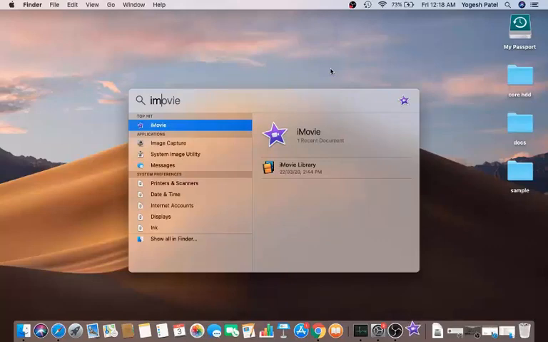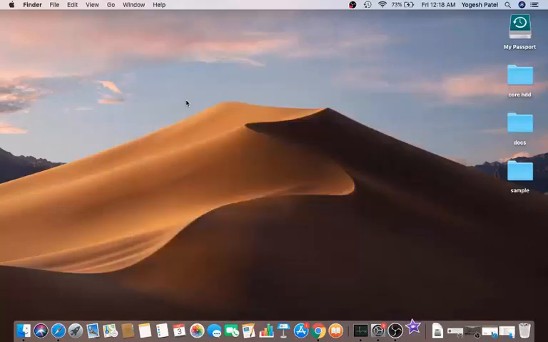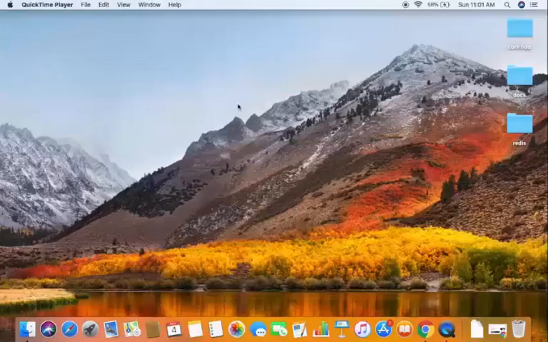Let me show you the second way. For the second way, we are going to install an external app called OBS, which is a free tool. You can see right now I'm also recording my video using this OBS Studio app, and it's recording right now for me. So let's get started.